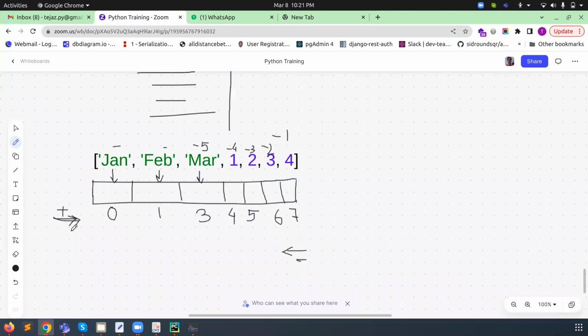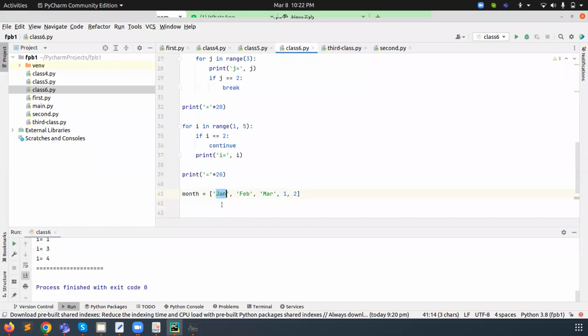Okay, so it's always incremental order. Always remember, indexing starts from 0 in all programming languages. It will never start from 1. So it is starting from 0, 1, 2, which means it will come on the 0 index, then 1.